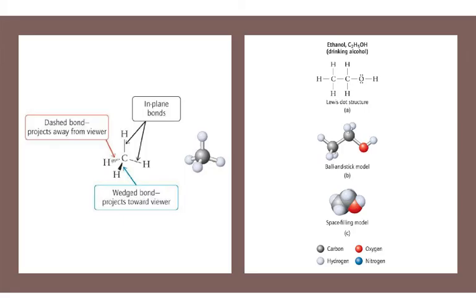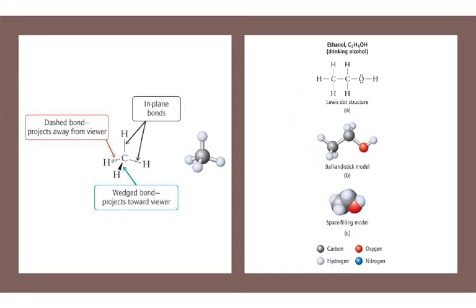So first off, we've been representing molecules basically on a two-dimensional plane, right? On a piece of paper or a screen, like a Lewis structure right here. So this shows simply how atoms are arranged and bonded to each other. But molecules are not flat. They actually have extension in space. And so from the Lewis structure, we can expand it into something like this where we see a three-dimensional